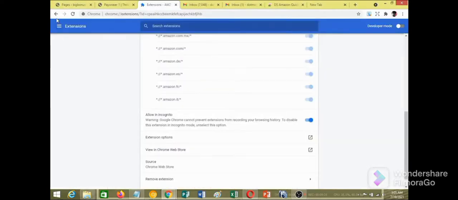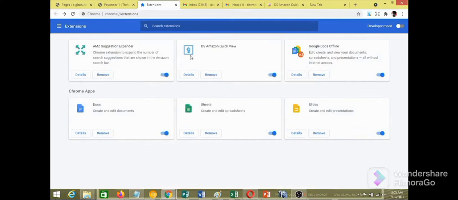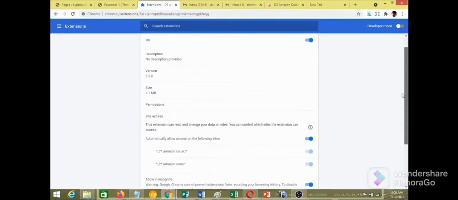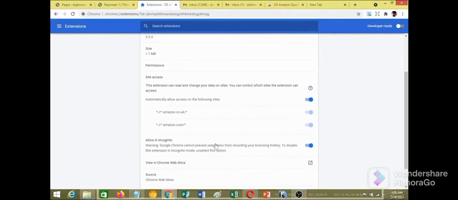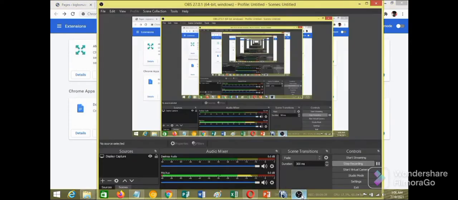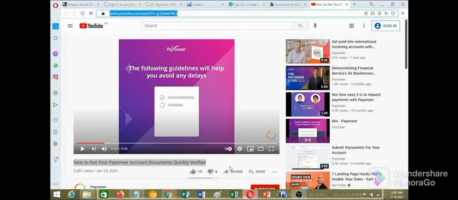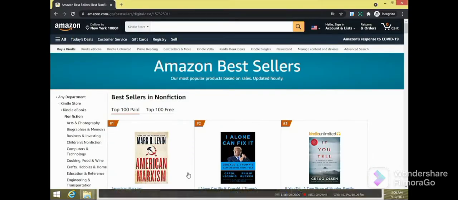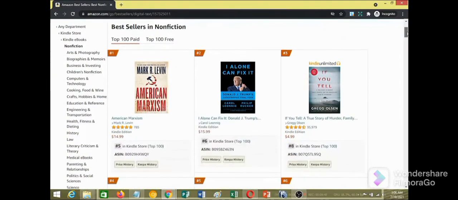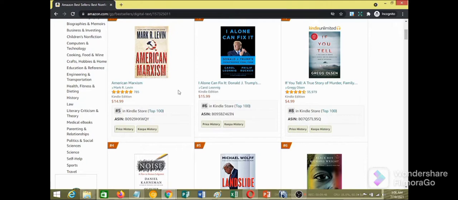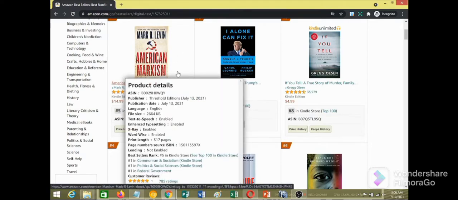So you do that for the second extension, DS Amazon Quick View. Look at the details. You come down to the details, then you click on this allow in Incognito so that it can also start showing in Incognito. Once you click on that, because we've actually installed the 2, now if you put your cursor on this book,